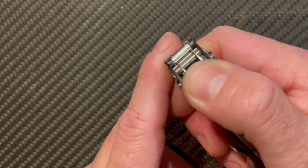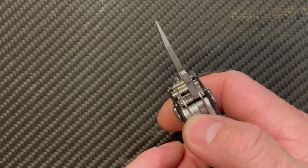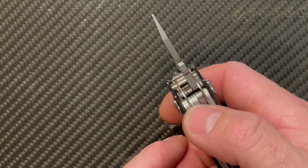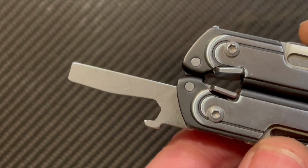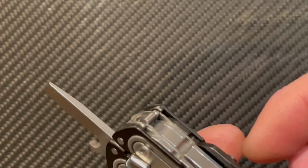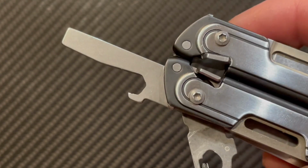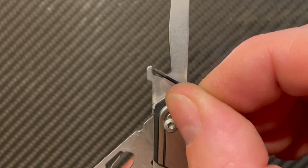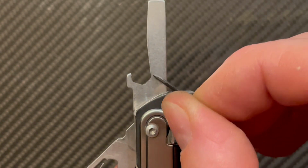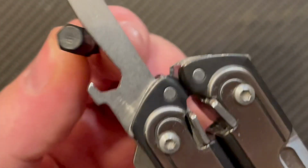So one of the first tools that I modified when I received my Arc and I used it for a while was the pry bar. So I found that there is a missed opportunity in there, and therefore the bottle opener was just that, a bottle opener. What I have done was to make it also a hex bit adapter or a mini wrench, and if you look here, I filed down just a bit with a diamond file the angles necessary for a hex bit to fit perfectly in there, and now